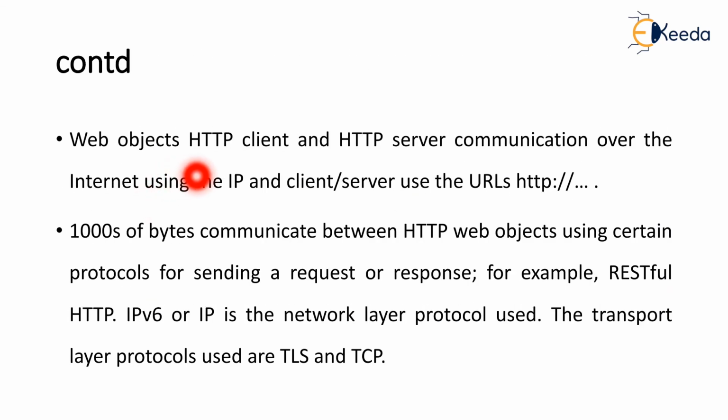So here the web client objects are the HTTP client and HTTP server communicating over the internet, using the internet protocol, and the client server uses HTTP URLs. Here thousands of bytes of data are communicated between HTTP web objects using certain protocols for sending a request or response, for example, RESTful HTTP, IP version 6 or IP as the network, and then Transport Layer Security, TLS, and Transmission Control Protocol, which is also used as secure socket